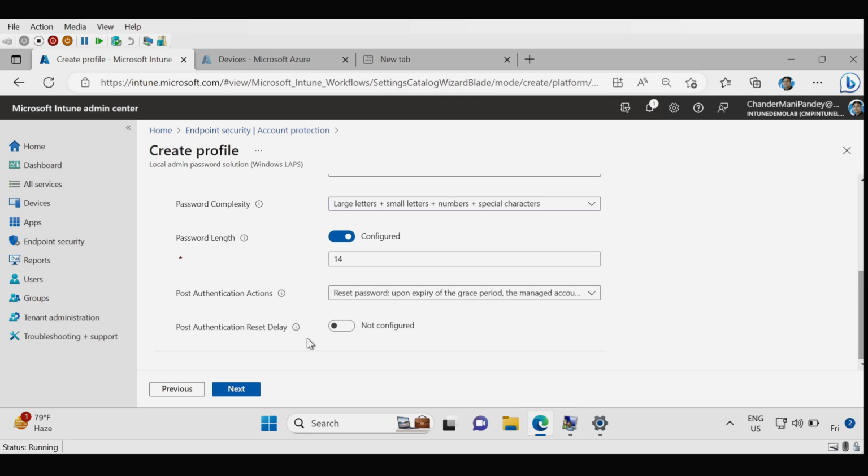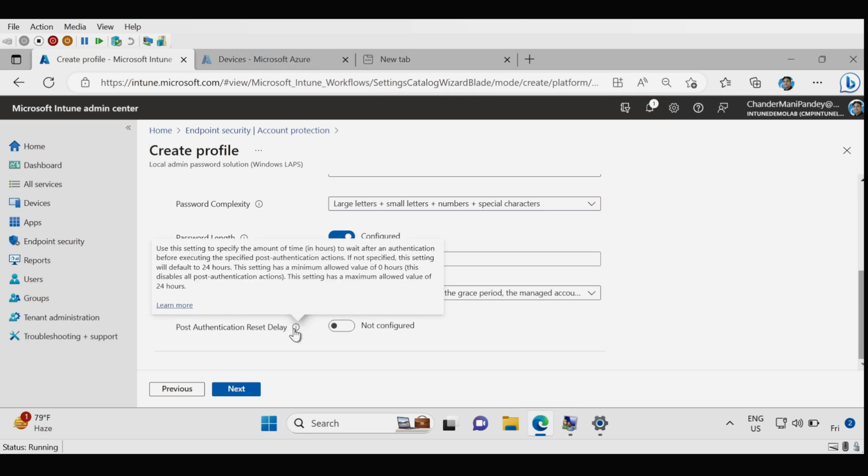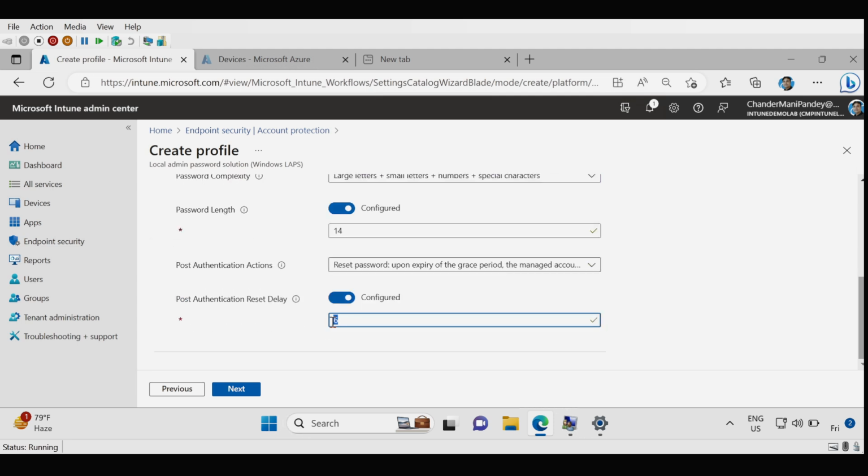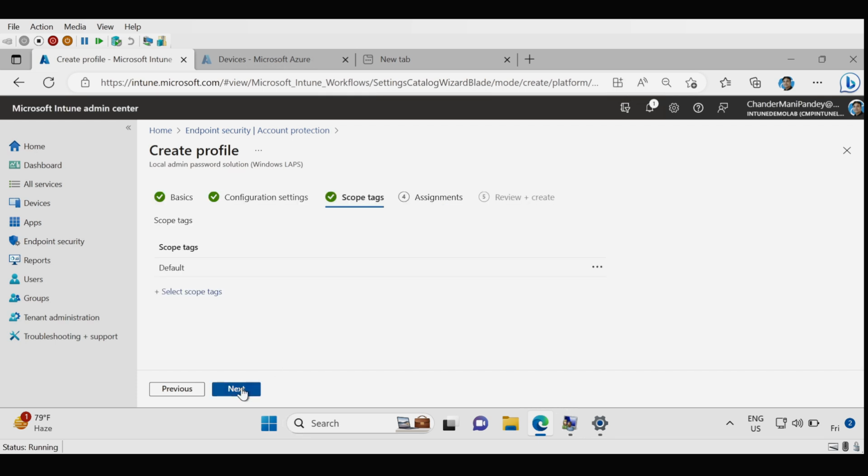Next setting is to configure the post authentication reset delay, meaning that using this setting we have to specify the time in hours to wait after an authentication before executing the specified post authentication action. If we are not specifying this setting, then by default it is 24 hours. This setting has an allowed value of 0 hours. So if we configure 0 hours, then it is going to disable all the post authentication actions, and the setting has a maximum allowed value of 24 hours. So for now I am going to configure this for 6 hours, and then click on next and then next,